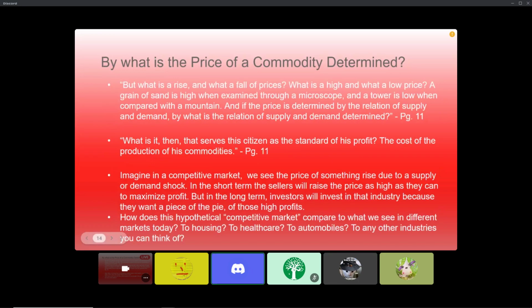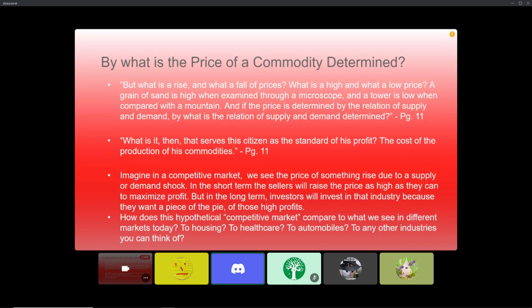And so imagine in a competitive market, we see the price of something rise due to a supply or demand shock. Sellers will raise the prices as high as they can to maximize profit. But in the long term, investors will invest in that industry because they're like, holy shit, they're making 20% profits on their capital over there. I want some of those profits. So they pour more and more capital into that industry, produce more and more, bring in more marginal sources of production, raising the price of production and increasing the competition in the army of sellers. And eventually this system reaches a new equilibrium,